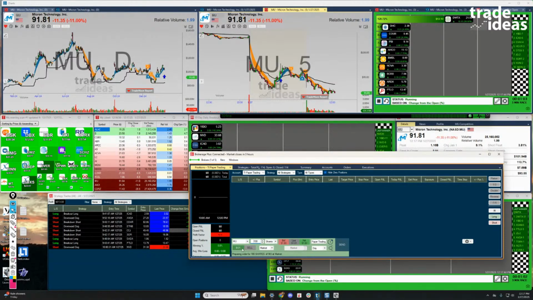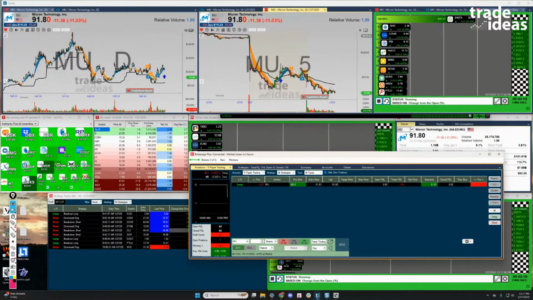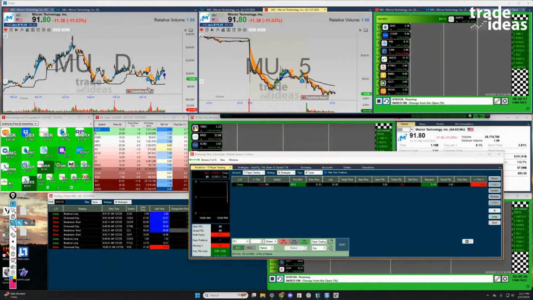Paper trading market day. I'm on the buy side, so I'm going to send it. And then look, you see how it says up here, plus 100 shares. I bought it at 91.81, and I'm down some amount of dollars right now after buying it. And that's where it would show on the chart like that. So any chart that you own a stock of, you'll see it just like that populate there.